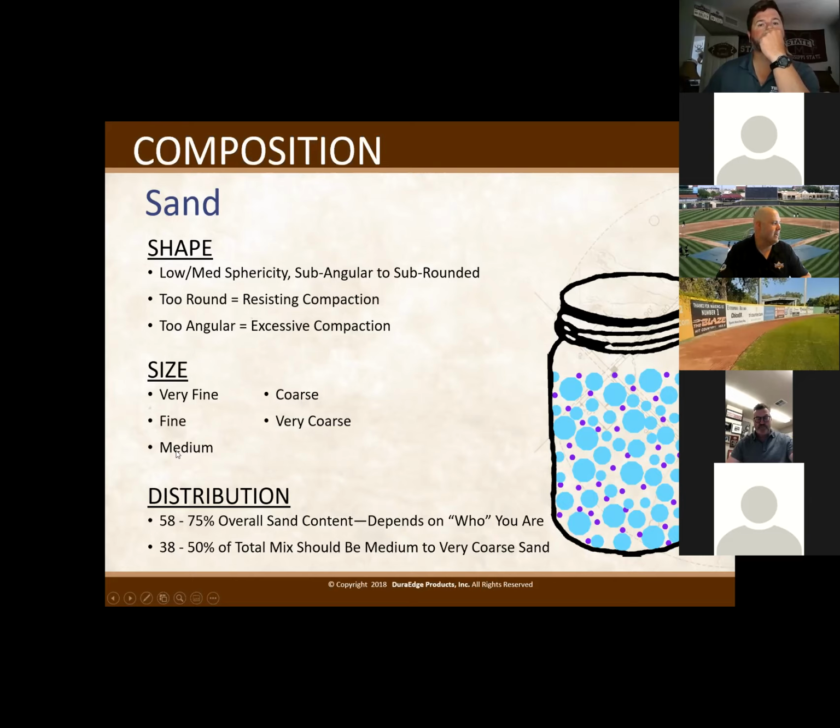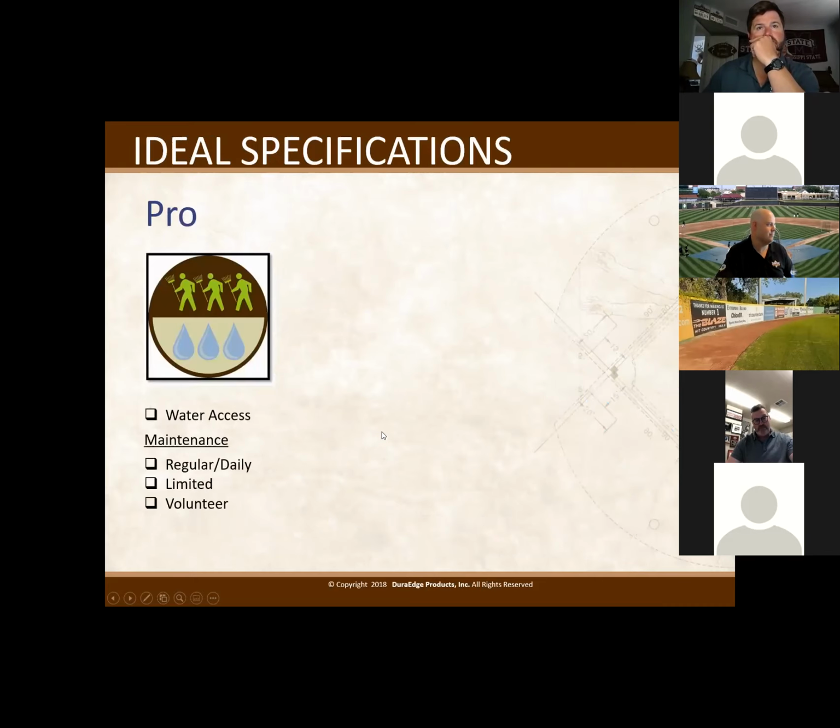And then you fall into your medium-sized sand, which is these little purple ones, I believe. Maybe that's the fine sand. But having a nice even distribution of these sand particles allows you to build a solid foundation for the next step. And that next step is your silt and clay that's going to be worked into your soil structure.